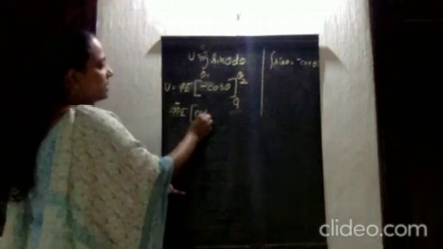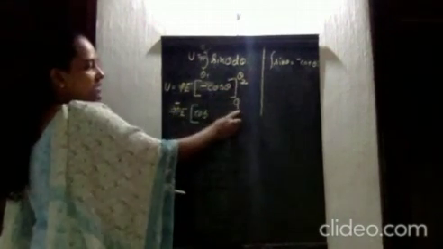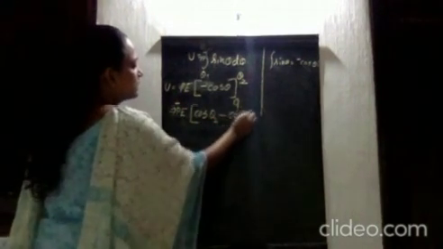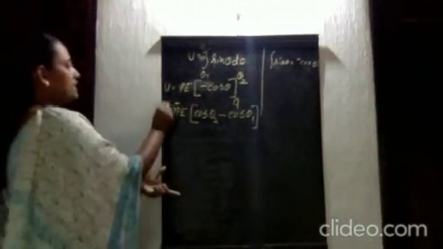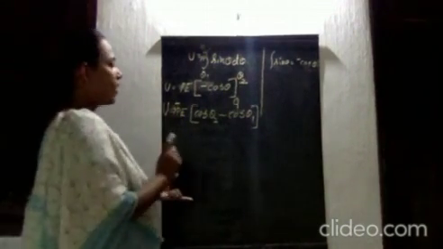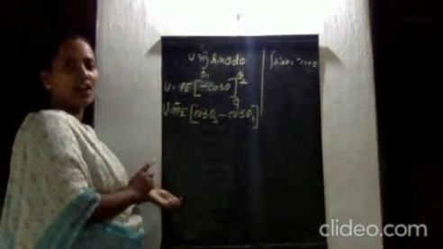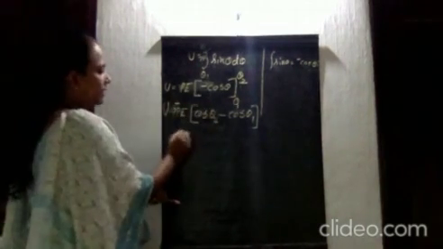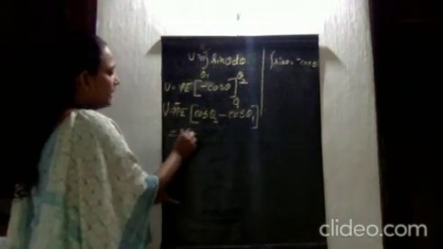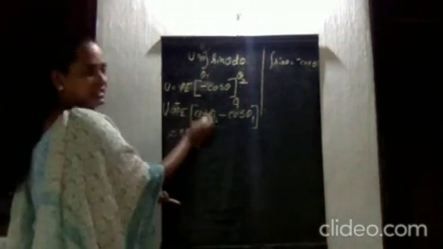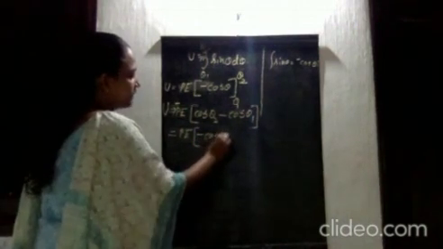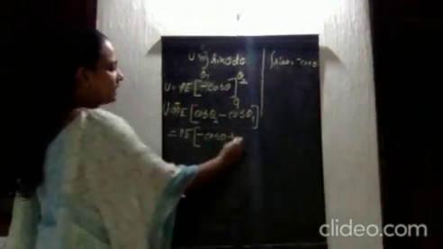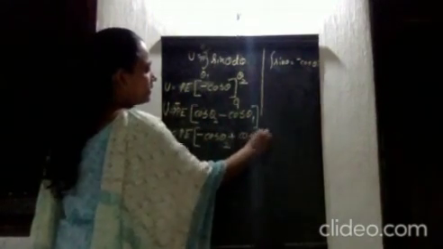Therefore, it is cos theta 2, which is our final angle, minus cos theta 1, which is our initial angle. So, this is the expression for potential energy of a dipole in a uniform external field. If you take this negative inside, this becomes minus cos theta 2, and negative times negative becomes plus, therefore plus cos theta 1.